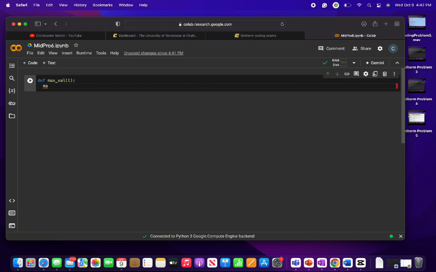And here I create the maximum, like the highest possible number, and set it to negative infinity, and I use float because it can store negative infinity. And then I create a for loop, and so I do for element in t, if,